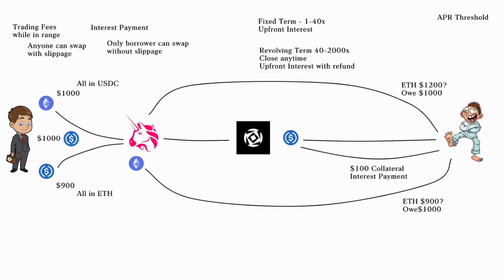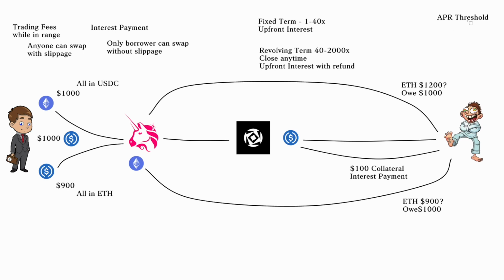And the last thing I'm going to talk about is this thing they talk about in the white paper. It's called the APR threshold, okay? So he can set a threshold of APR, like how much interest rate he's willing for that revolving term interest rate to change to, because this revolving term interest rate can fluctuate based on utilization, and it needs to be paid more for Boosted Bill to borrow it than he would be getting if it's sitting inside just collecting trading fees. Now there is some more math in there on this as well, which I don't quite understand, so you can probably dig deeper and figure out how these interest rates are being calculated.